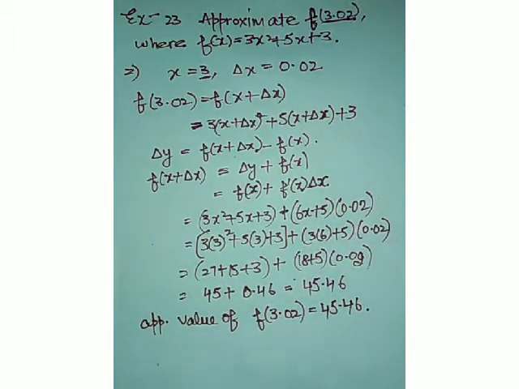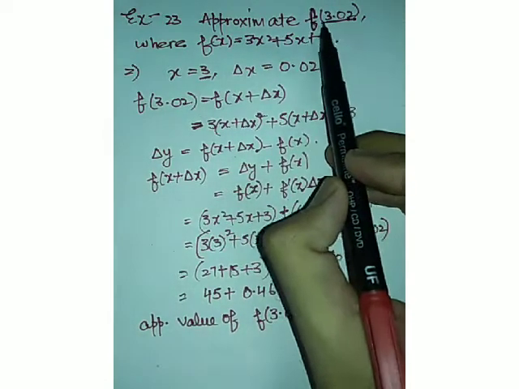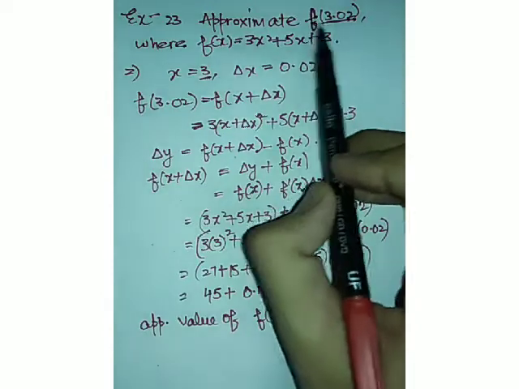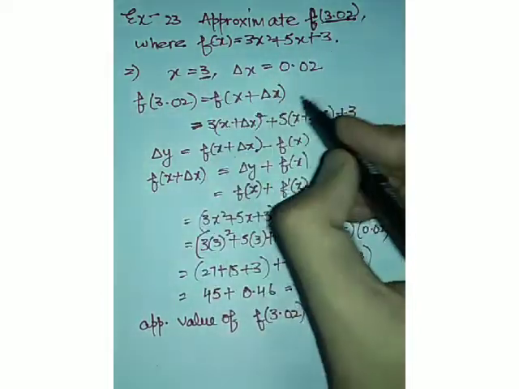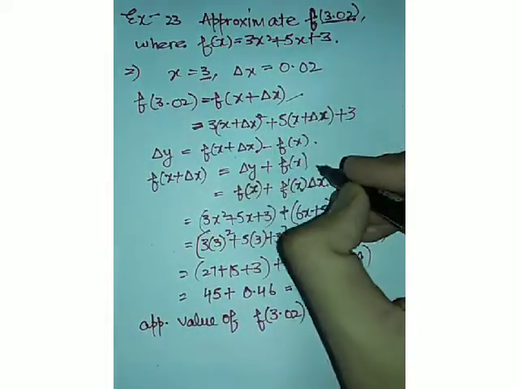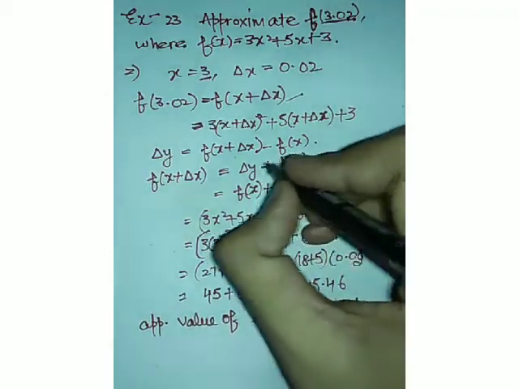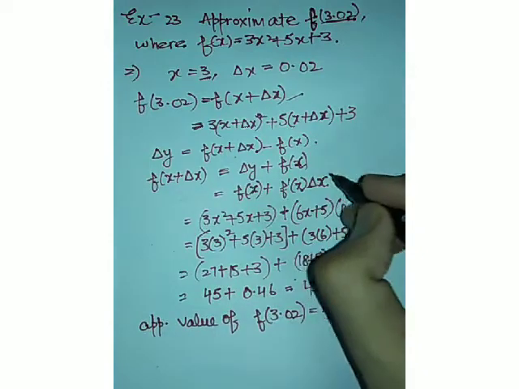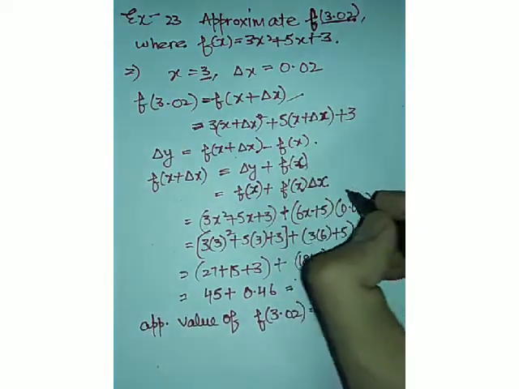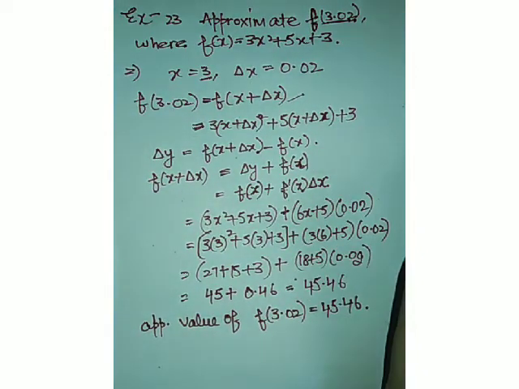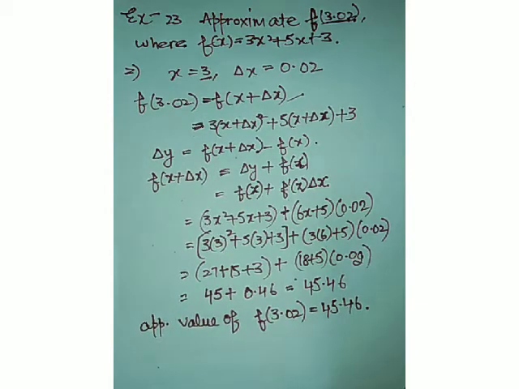So this is how you can solve the sums which do not include any numeric but the value of function itself. So firstly, you have to just know what is x, delta x, and what is f of x, what is delta y. If you know the values of delta y and f of x plus delta x, then you can do sums very easily. Alright, so these were the 3 examples. Only 2 examples of this exercise are left, which we'll surely be discussing in our next video.